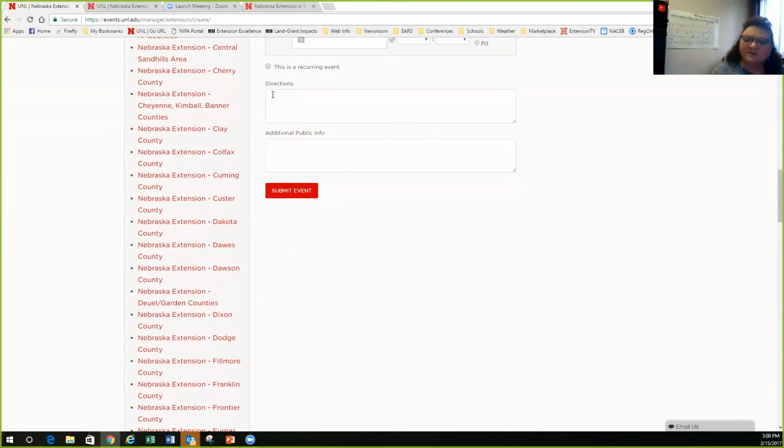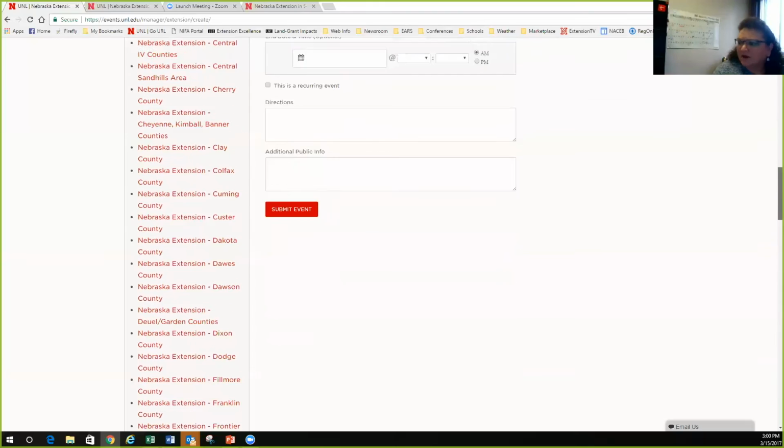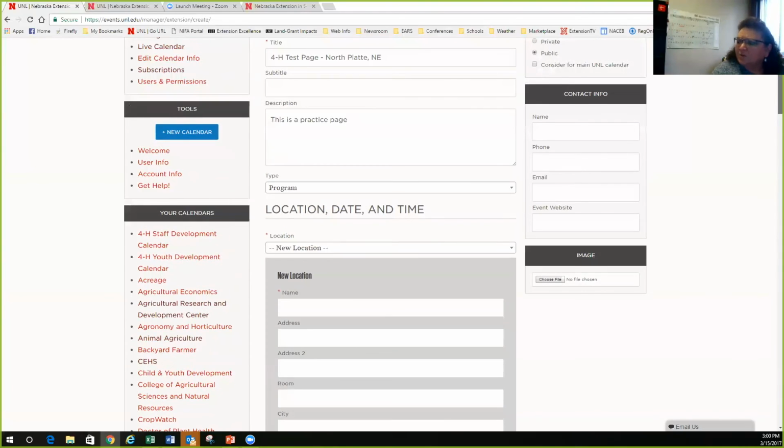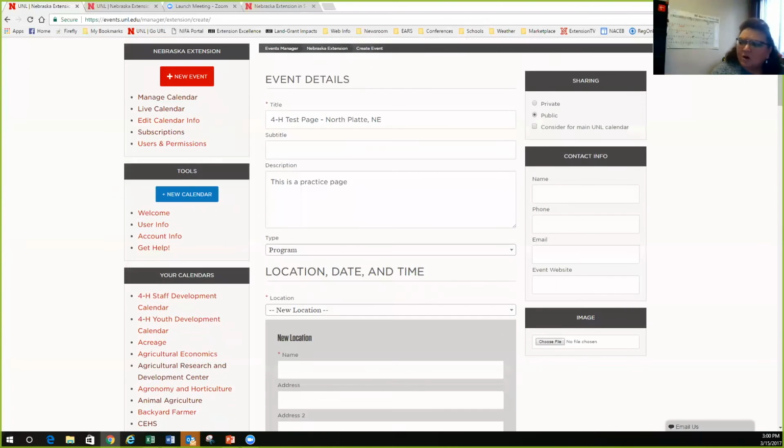Directions, if you have some specific directions or any other content, sometimes under here, under the additional public info, I'll put an agenda, or if there's another supplemental piece of information that they want to have, I'll include that in there. The other place that you would need to always keep it public, because this is for public,